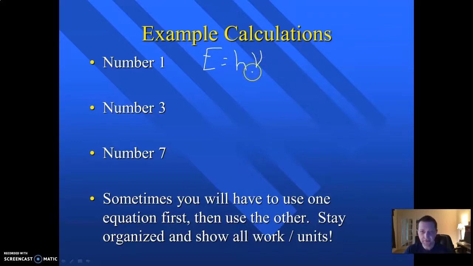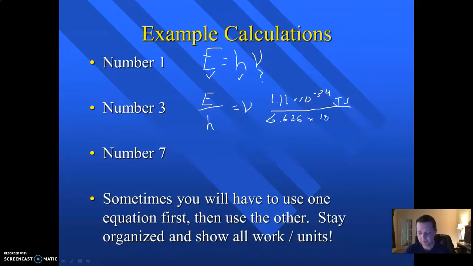I'm given the energy. Okay, so I have my energy there. I have Planck's constant. I always do. So my frequency is unknown. So let's reorganize this and solve for frequency. So we would get E over Planck's constant equals frequency. And we plug our numbers in. Okay, so we have 1.12, that's a 2, and that's a times 10 to the negative 34th joules times seconds. I'm sorry the clicking is so annoying, but we will live. Over Planck's constant,